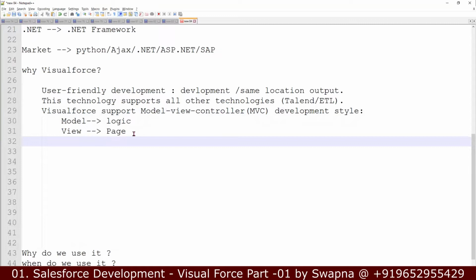So, okay, looks good. But I'm not satisfied here. Why do we have to use Visualforce? That's fine: user-friendly development, this technology supports all other technologies, Visualforce supports model view controller. But Swapna, I'm not convinced, because I do not see any other point to pick up Visualforce. Okay, I am also not convinced by these three points, but we have something unique in Visualforce, which is outstanding. The point is